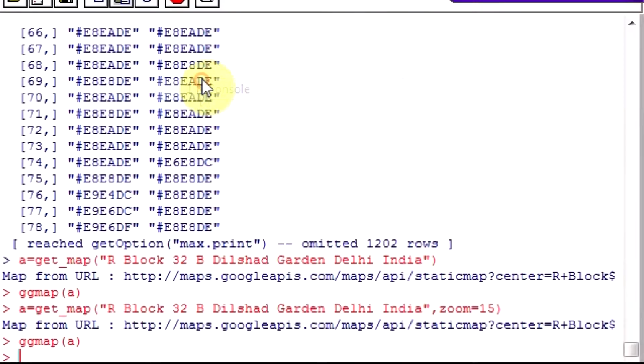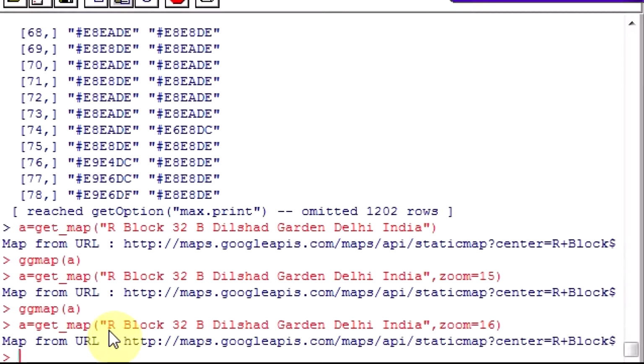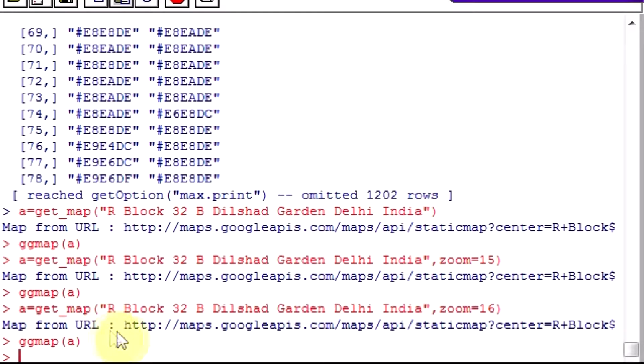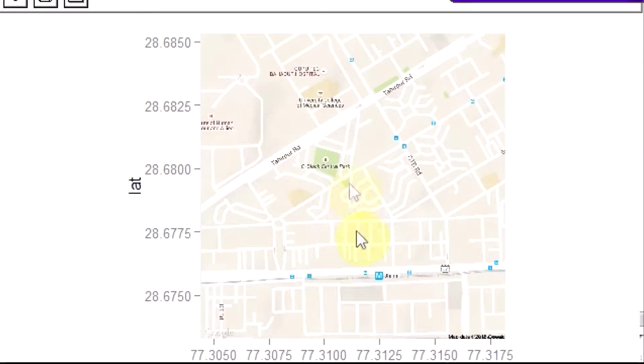Suppose I want to do even more. Get underscore map, then the search string, then do the ggmap. Right? So this will give me an even better map.